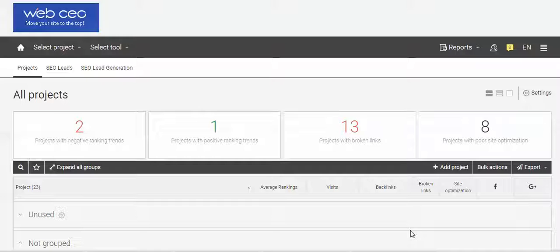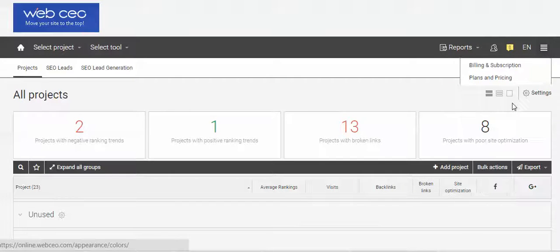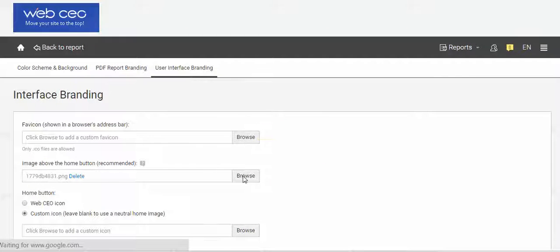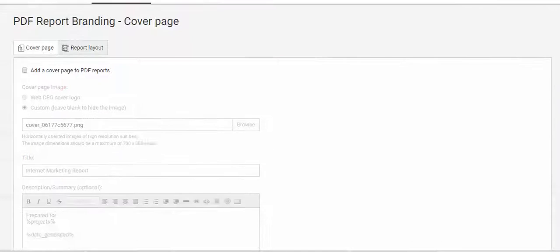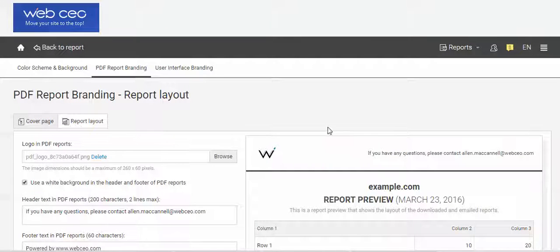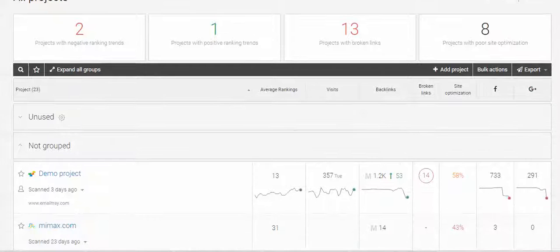Here is the dashboard, and you can immediately change your logo by going to My Account, Interface and Report Branding, and then putting in your own logo. And you can also put the logo in so that you can have PDF reports that have your own logo. Let's go back now, hitting the home button, go back to the main dashboard, and let's choose a demo,